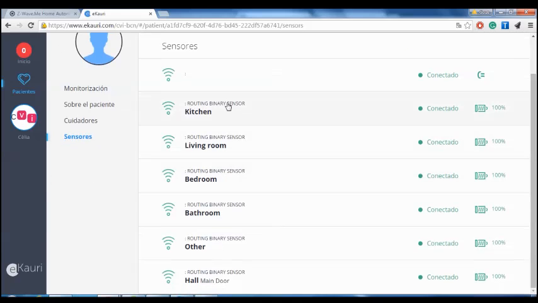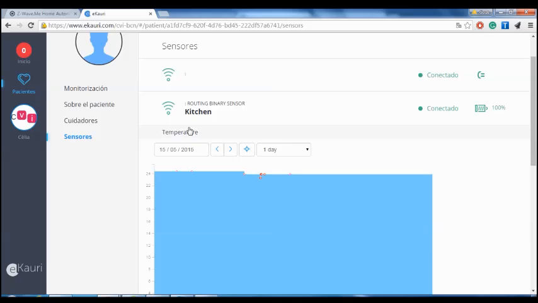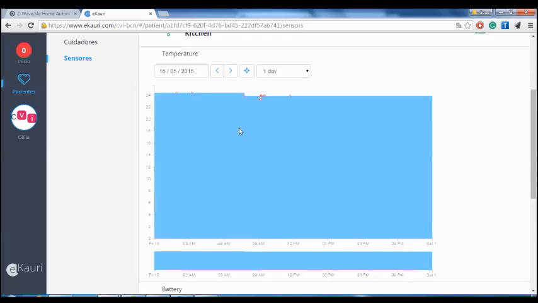and then you see here all the different rooms. These are the rooms that you labeled in the same way as I just did in the previous step, and then you will have to check every sensor on each separate functionality. So here you have kitchen, and the kitchen has the temperature,